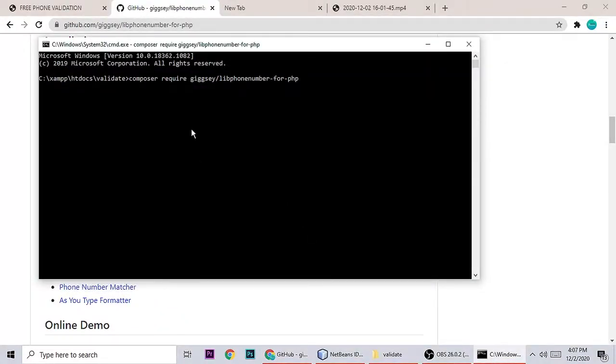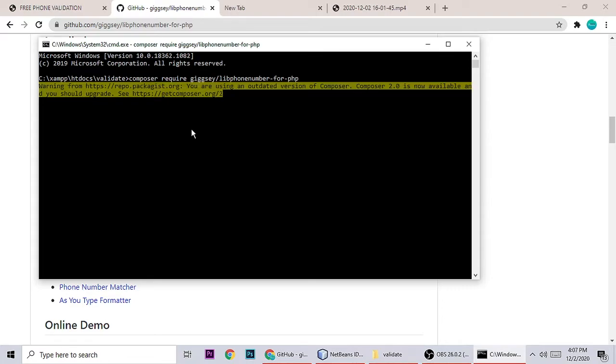It will take a few minutes to install the library, libphonenumber, which is a very nice and useful library for validating phone numbers. We have to wait until it's downloaded.